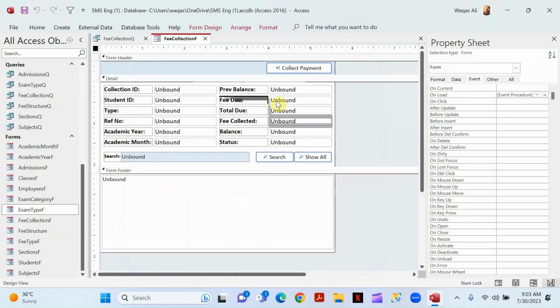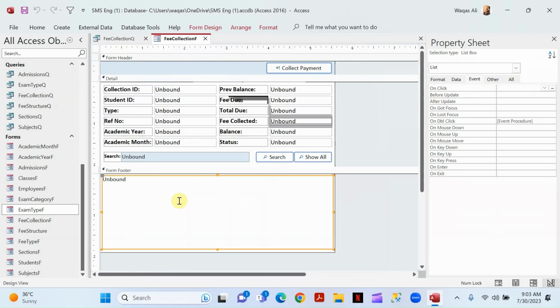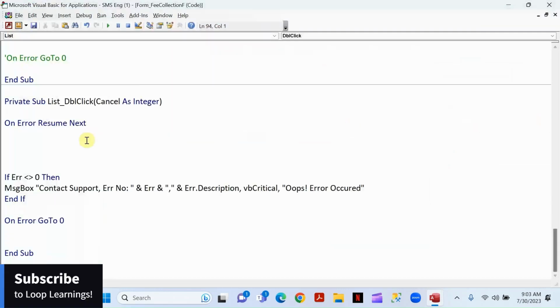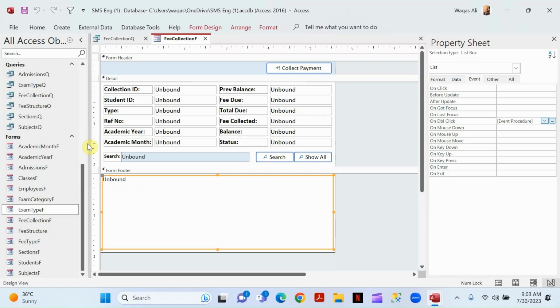So we will use Recordsets as well, but first let me start by clicking on this list box, and we'll go to the event tab and we will choose the on double click event, and here we are. Okay, now first of all, what I would like to do is write a code to bring all the existing information from this list box onto this